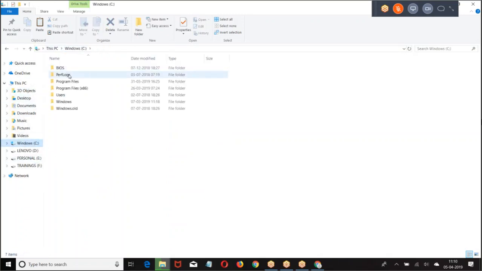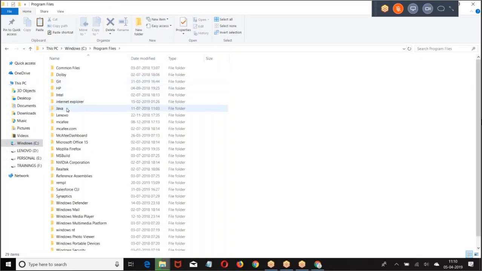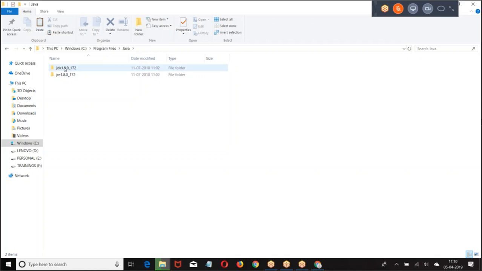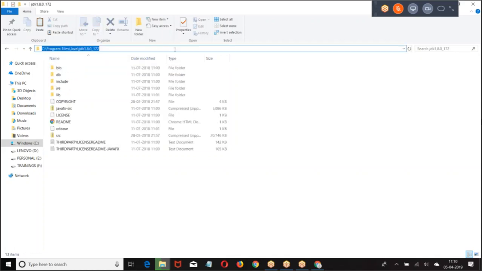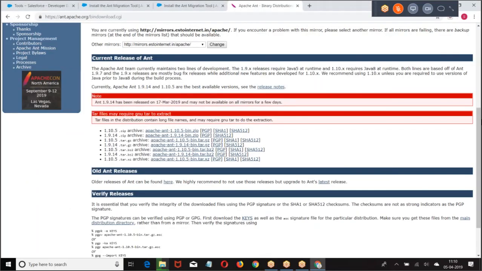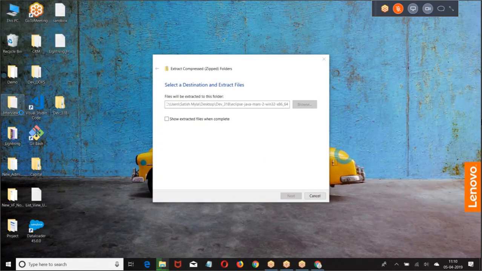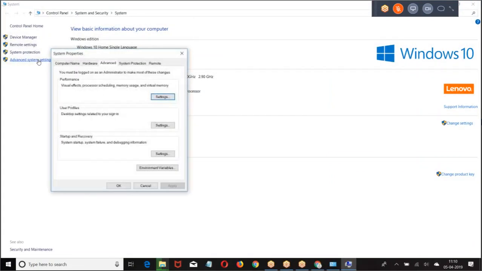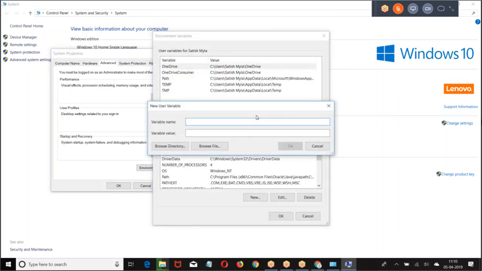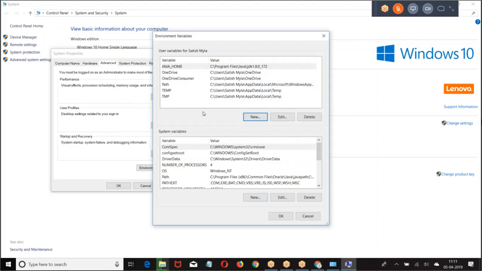Go to C drive, program files, Java, JDK, copy the file, then go to my computer, properties, advanced system settings, environmental variables, new, JAVA_HOME, then again choose the path.